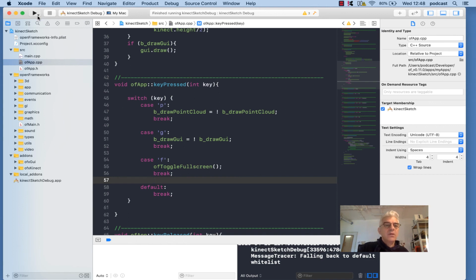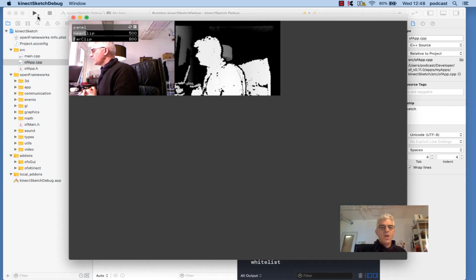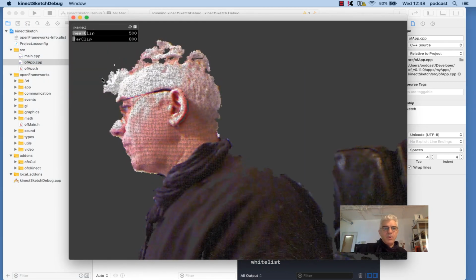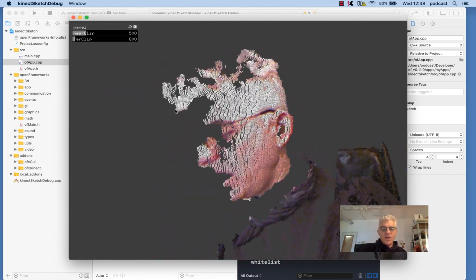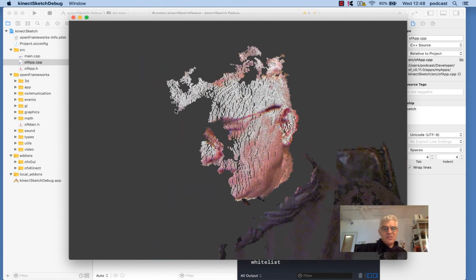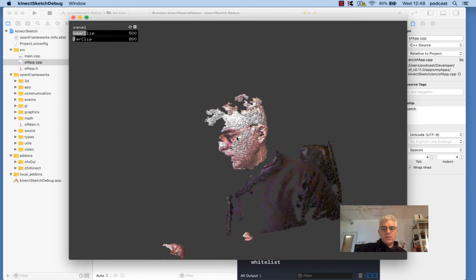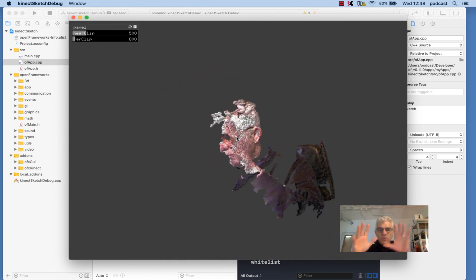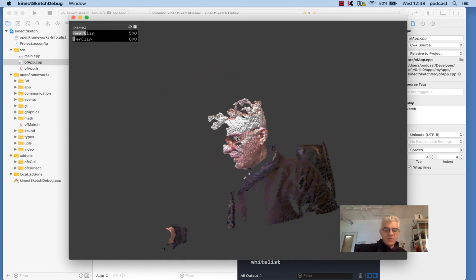So let's have a look and see what we've got. I've got my debug, I've got my GUI, I can make my point cloud, I can press G to show and hide my GUI, I've got my easyCam to move things around. So if I press F, I get a full screen view,